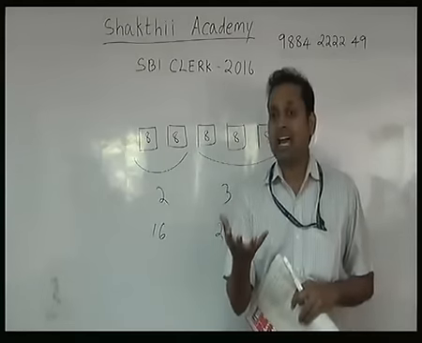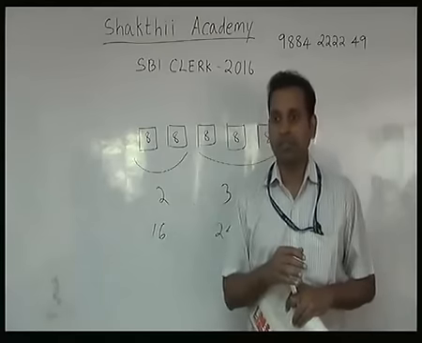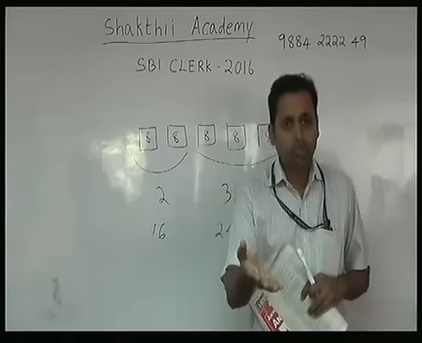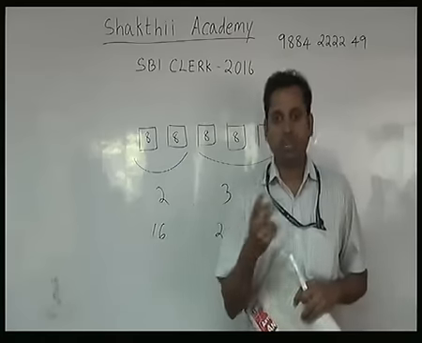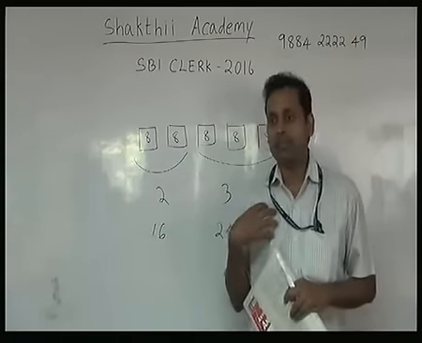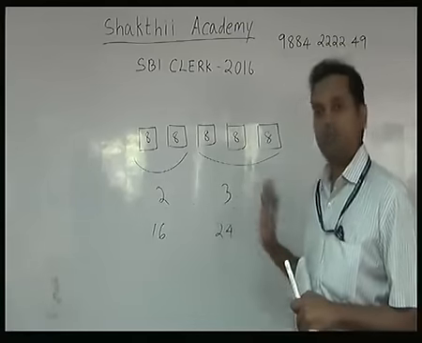So I have 5 parts totally, or I can say 5 divisions. Clear? Of these 5 divisions, I am giving you 3 divisions, and I am taking 2 divisions. Or I am giving you 3 parts, I am taking 2 parts. Clear? So that is the ratio, 2:3.